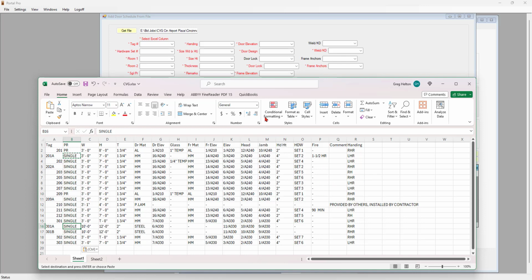Some other things you can do with Excel. Excel's a pretty powerful program. There's a lot of formulas and shortcuts you can use, but we're not going to get into everything you can do. This is not an Excel class here. But let's give you an example. Let's say you want to remove some text out of some of these, or whatever it might be. You can highlight this column, and then